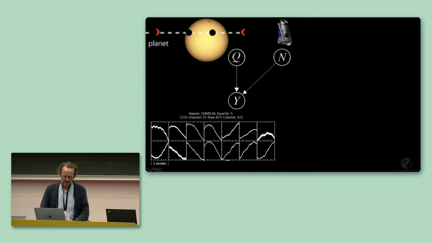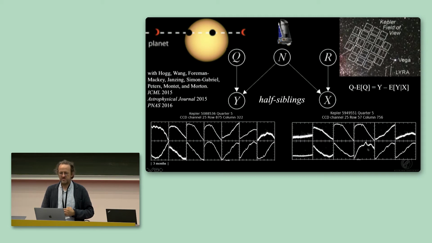And nevertheless, you can see that here we have a set of pixels that all measure the same star over 3 months. You can see that some of them get fainter, others get brighter, and that points at slight variations. So the star is moving a little bit across the CCD. Now, interestingly, if we look at a completely different star, it's probably light years away from this one, we can see some shared behavior. Also this one seems to be, the left pixels are getting darker, the right ones are getting brighter. Now, how can these two things share information if they're light years apart? They can only share information if they're influenced by the same quantity, and that's the telescope.